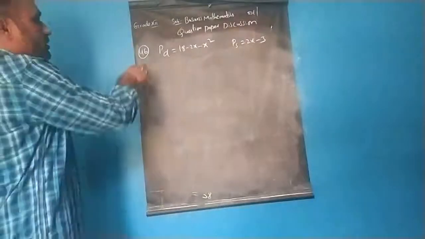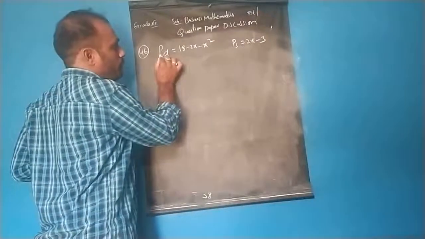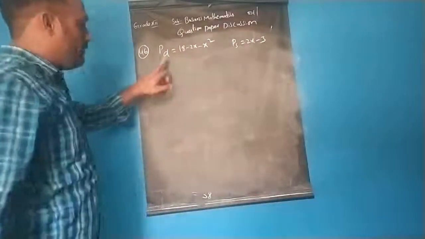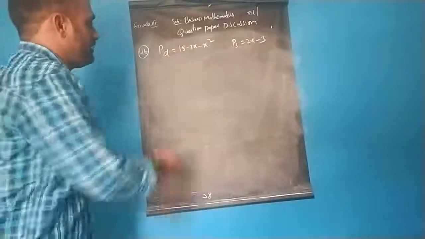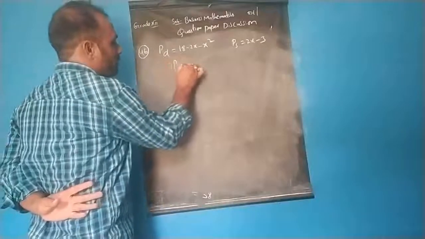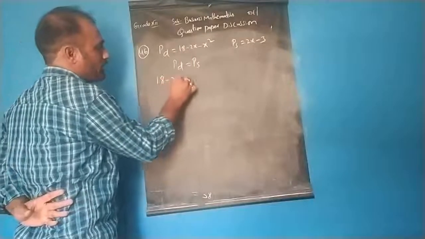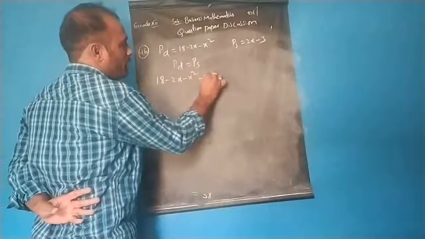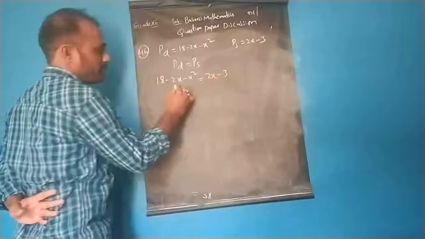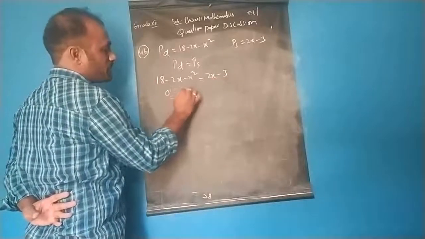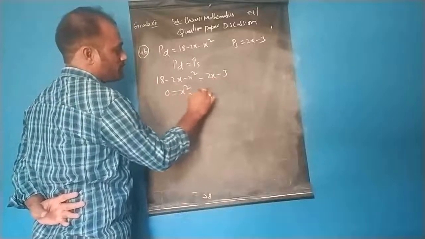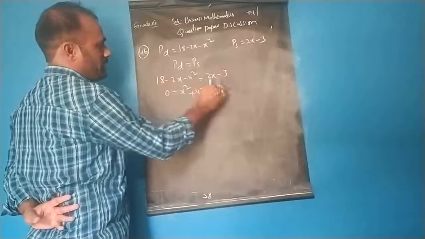Next, let us see the 46th question. Here it says that the producer's demand function and supply function are both the same. So we can make PD equal to PS at equilibrium conditions. So 18 minus 2x minus x square is equal to 2x minus 3. If I transpose, 0 is equal to x square plus 4x minus 3 minus 18,